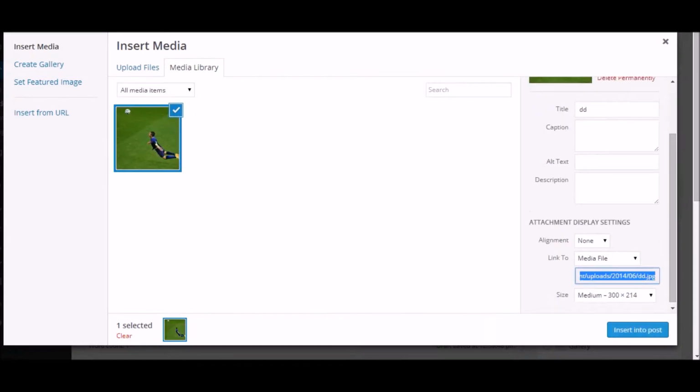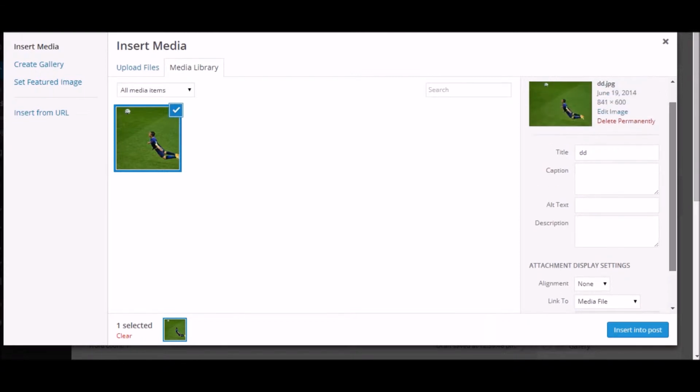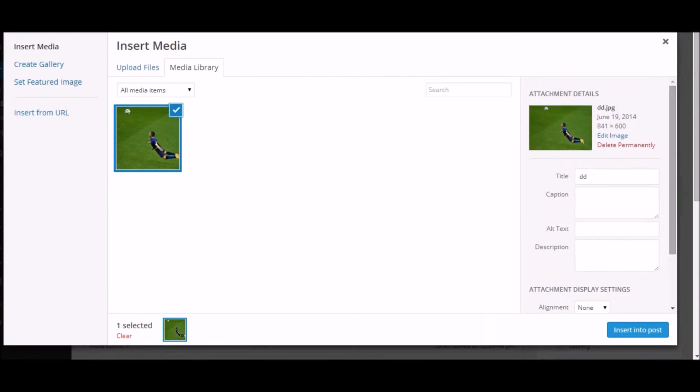It is uploading, and once you can see that the pic is uploaded, you need to give some details about the picture. So these are the things which you need to give: the title, what the picture is about. So I'll just give, I don't remember the name of this player, however.